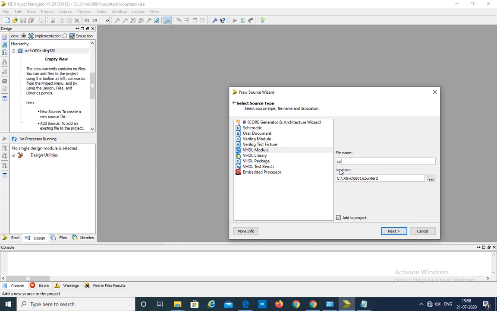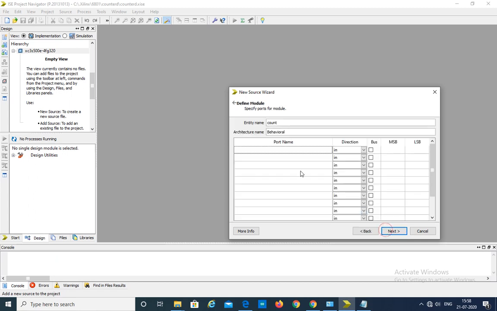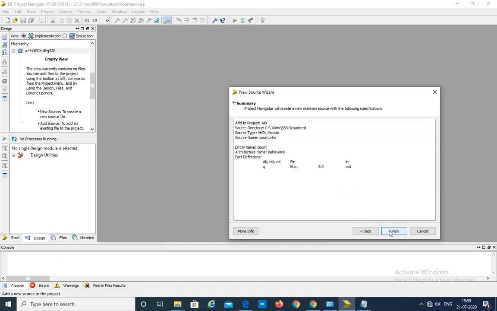Give the name up down counter. Click next. Since it is synchronous, clock is an input pin, and we use reset and UD pin to perform either up count or down count. Q is the output, as we are designing a 4-bit up down counter, so we use a bus 3 down to 0. Click next, then finish.